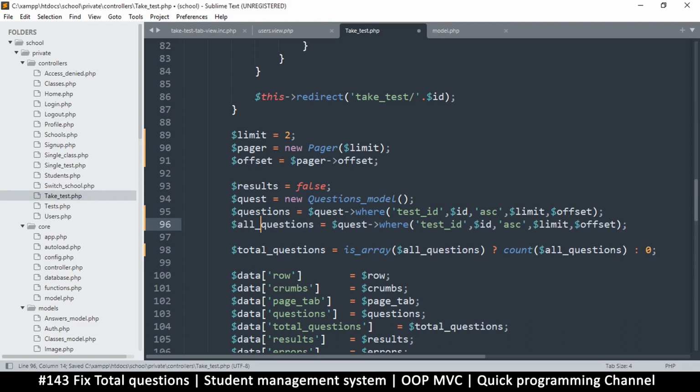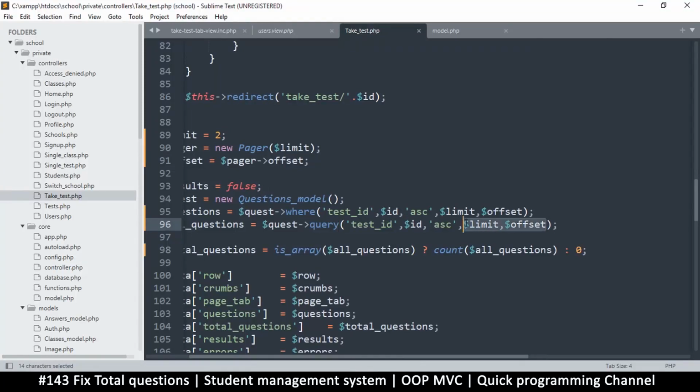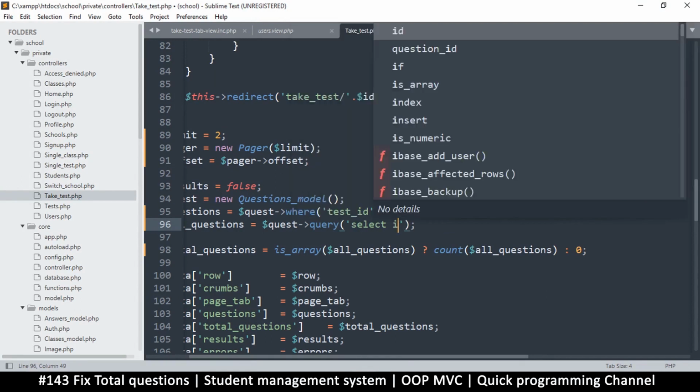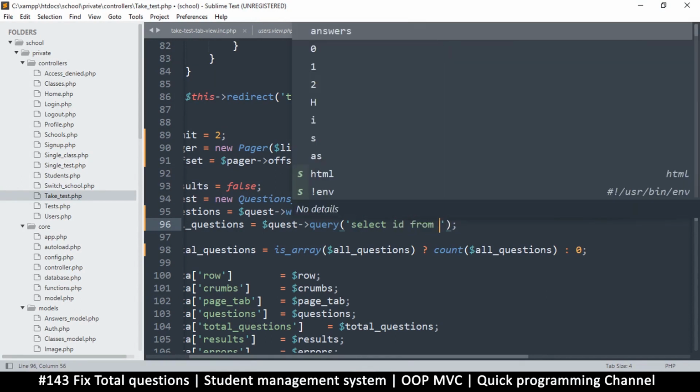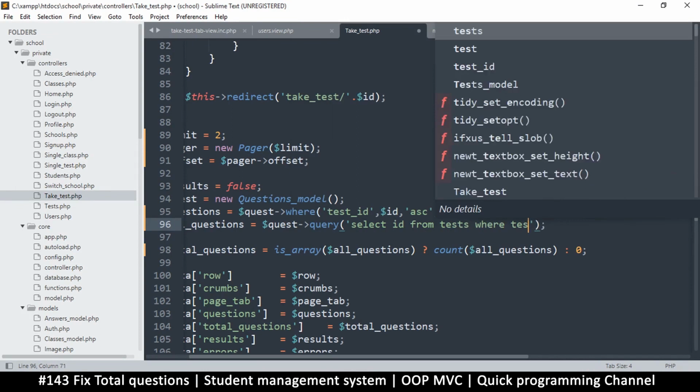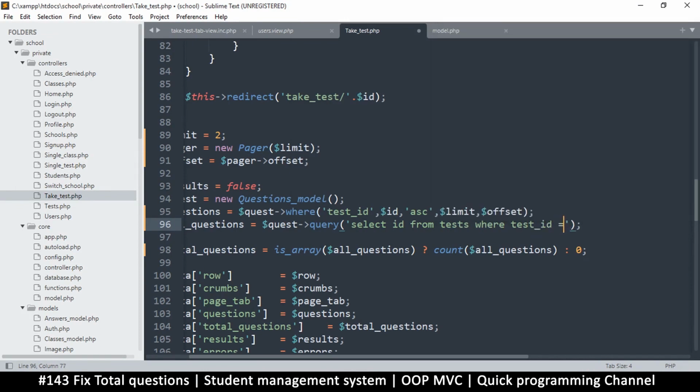So here, let's say all underscore questions is equal to, let's use quest, but instead let's use query here so that we can craft a very specific query. We don't need any of these offset, order by, none of this. We just need to craft a query here, which is select. Now I don't want to get too much data from here, so I'm just going to say select ID from, because it really doesn't matter the data I get. I just want to know how many items are there. So just say select ID from tests where test ID is equal to